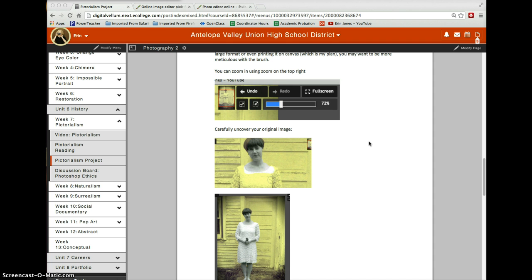Follow all your rules of composition. The best photos for this project will be ones with a very light background, not a lot in the background, maybe no background at all, but lighter is better than darker because the effects will show up better. So let me go ahead and show you